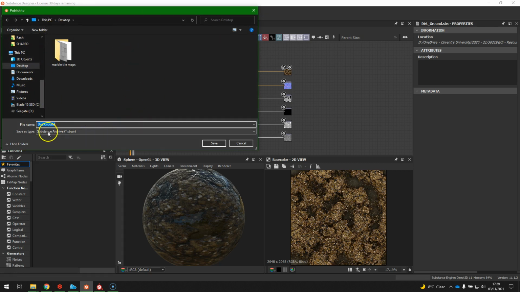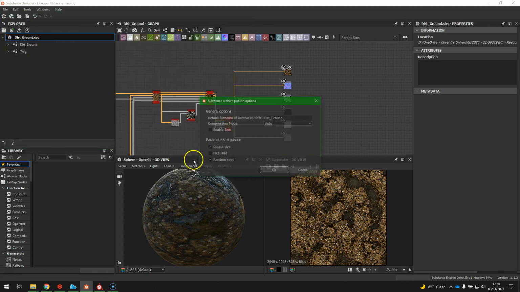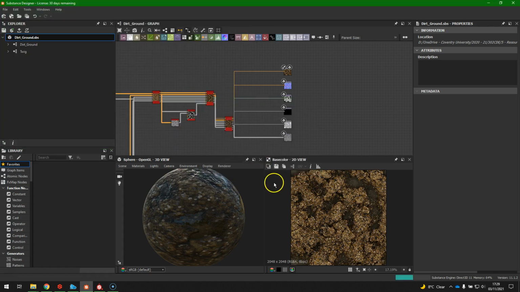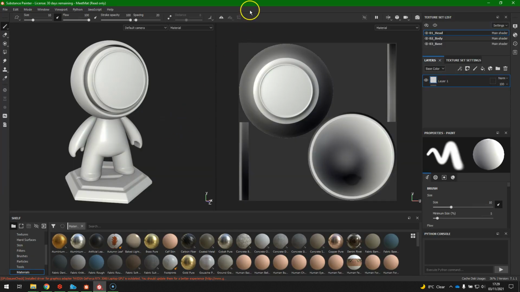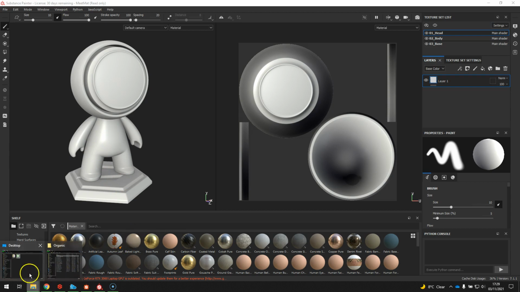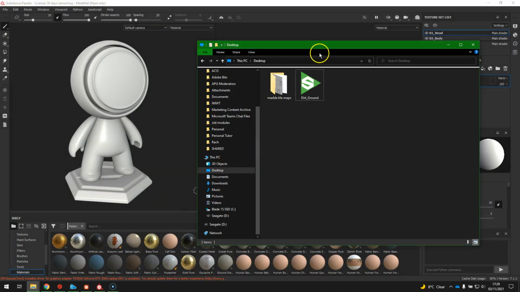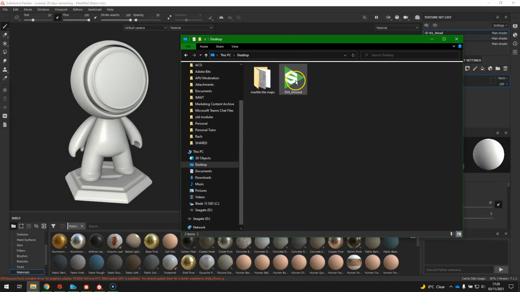Select a space for it, give it a sensible name, and you'll see here that it says a substance archive. So that means that it's got all of the maps in it. Click save, click OK. And then if we switch over to Substance Painter, when it opened up, I just clicked Start Painting. And all we need to do is open our File Explorer, and you can see now that we have this dirt ground